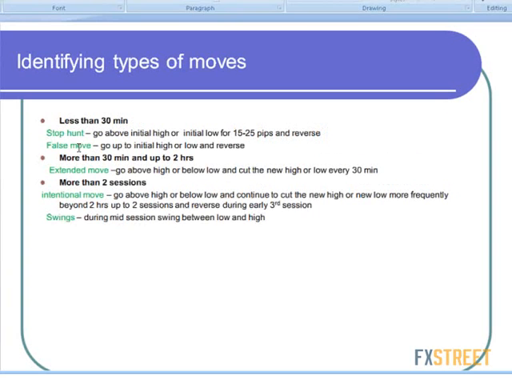Now, we need to understand what type of moves they are making at a given time in order to decide what sort of trade we can take. These are the types of moves they normally make, namely the stop hunt and the false move, which happen in less than 30 minutes. And if you watch,